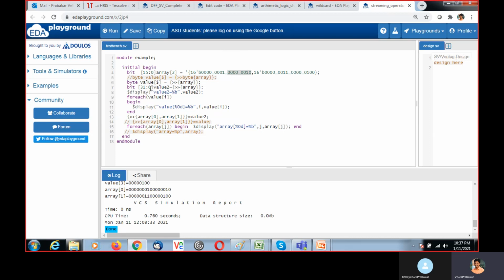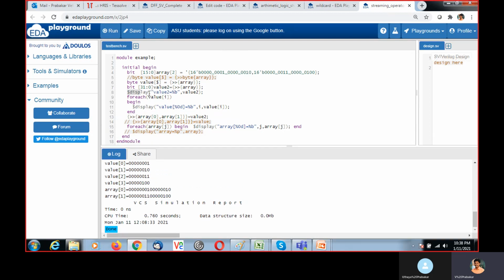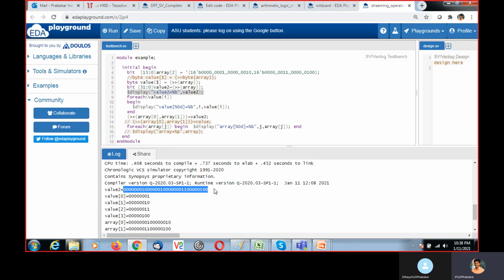And here, this line, bit 31 to 0, value 2 is a 32-bit vector. With the help of the streaming operator, the whole array is taken and the whole value is put in value 2. Here I am displaying the value 2 value. It is 32 bit, combined as a single vector.